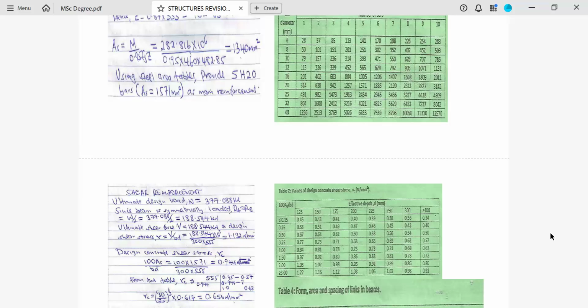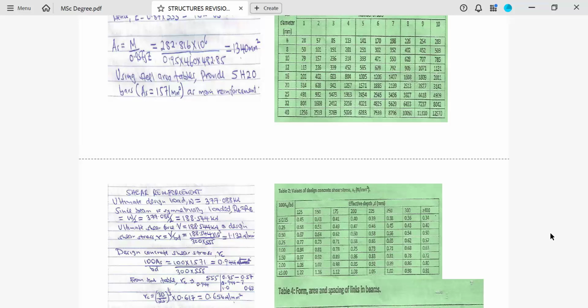The area we use here is the area provided, the area you read from the table, because that's the actual area that will be put into the RCC beam. So from our table, we had 1571. Remember, 100 is fixed. It's just a constant, like a percentage. Then we know our B is 300 and our D is 555. Now we get a value of